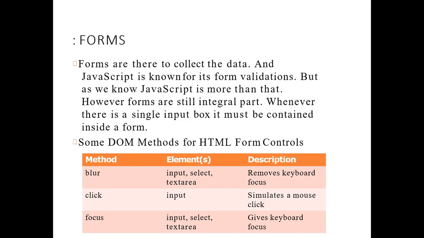Now first, what are forms? Forms are basically used to collect information, to collect data. Whenever you appear at any organization, the first thing is that you have to fill the form. By your form only they can get to know the information regarding you, mostly the name, purpose, designation, all this kind. So that's why we can say forms are very important for information. Without a form we can't get the information about the person.